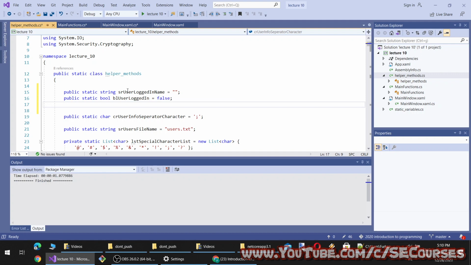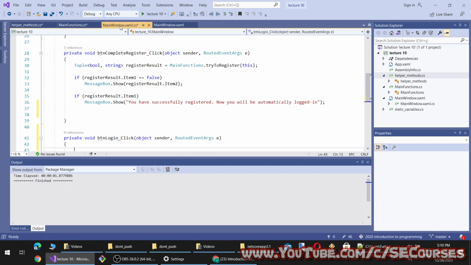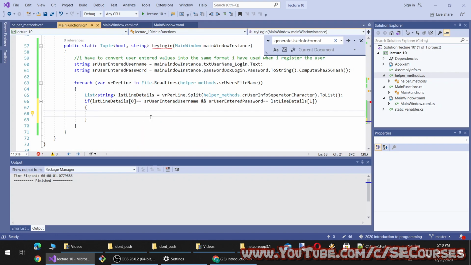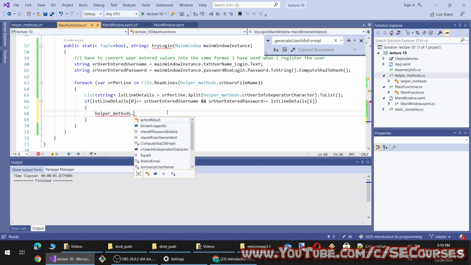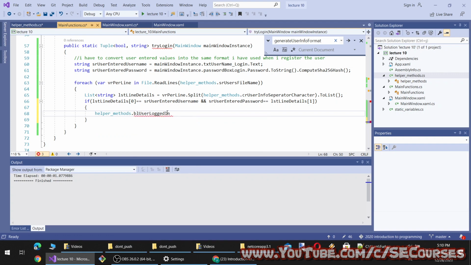So we will display the login username, and we will keep a parameter to check whether the user is logged in or not. All right, and since they are static, I can access them like this: logged in true.